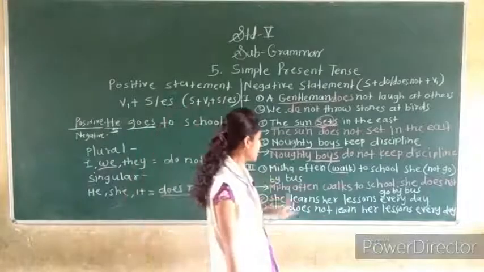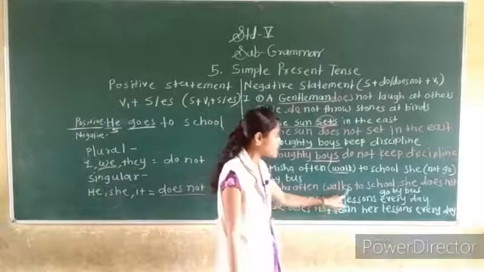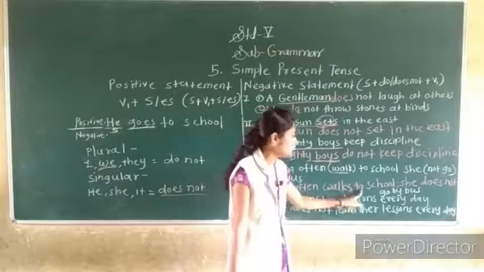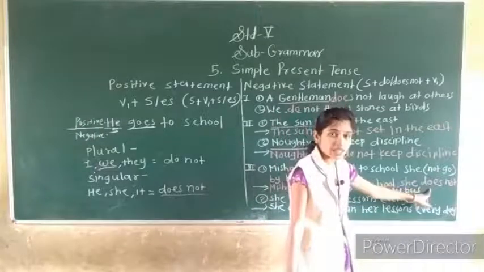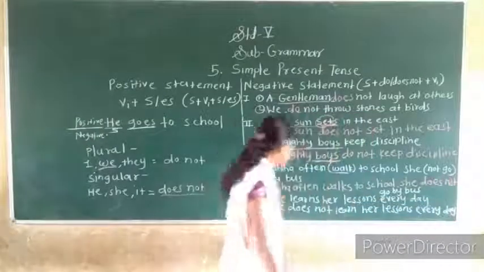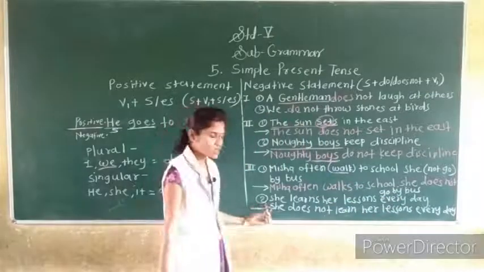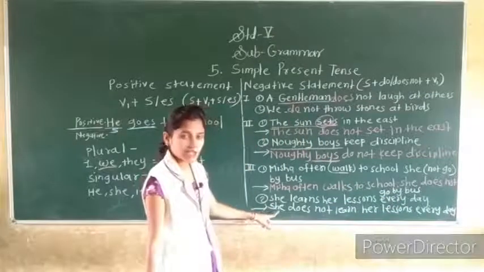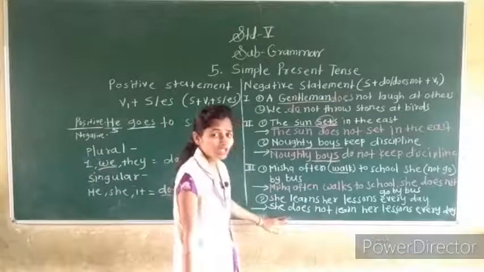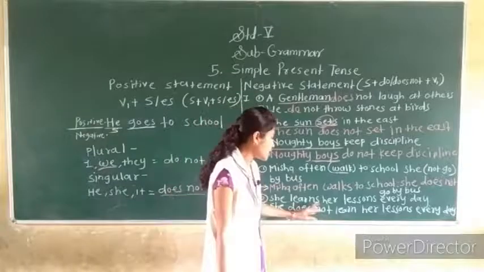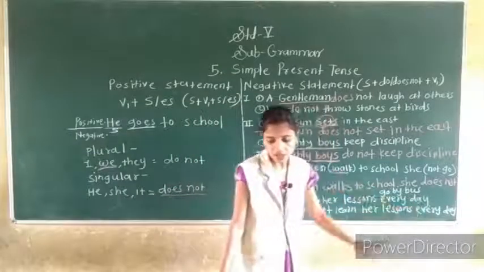Next, the statement is given, make first positive and after that negative. Misha often walks. First positive, walks, yes, es, use there. Walks to school and full stop. She, and using here the negative, does not go by bus. Here the positive statement is given and make the negative now. She is the subject, learns, she is singular, so I use does not learn, verb 1, her lessons every day.